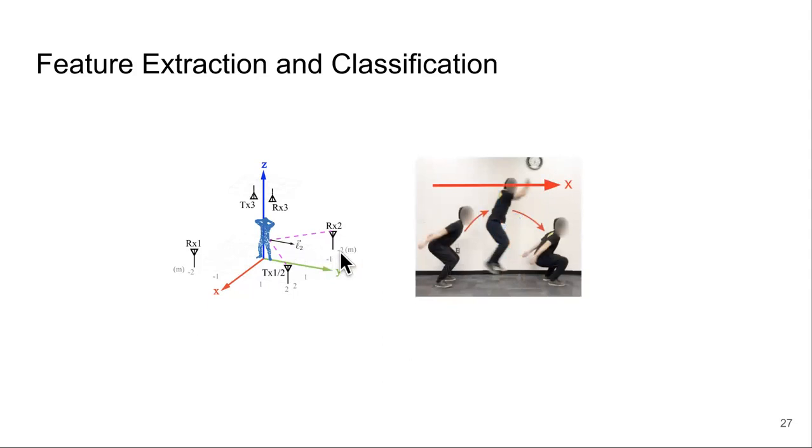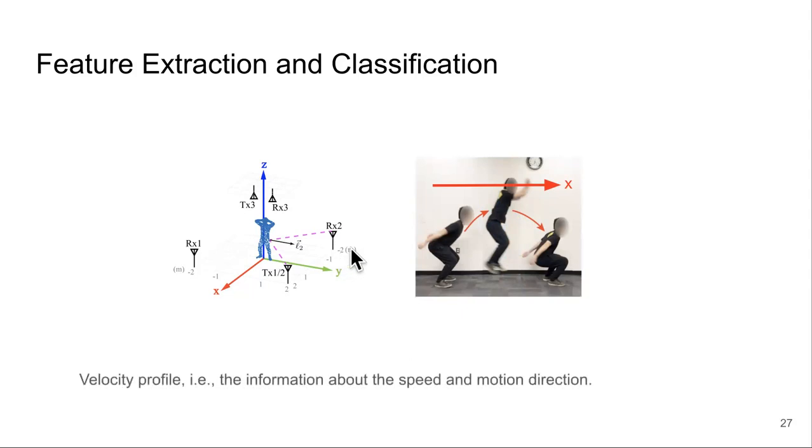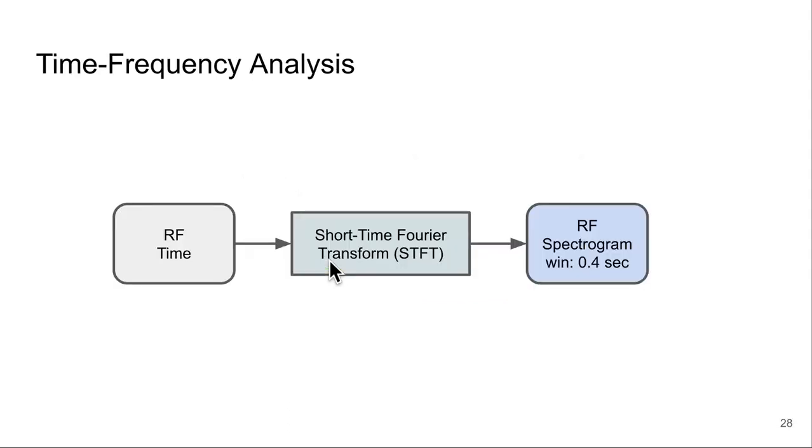while a high speed can be captured in the excess when doing a broad jump. So therefore, the feature of gym activity classification is based on this velocity profile that includes the information of the speed and motion direction of human body parts. To capture the velocity profile, a common method is time frequency analysis, which transforms the received signal into the Fourier